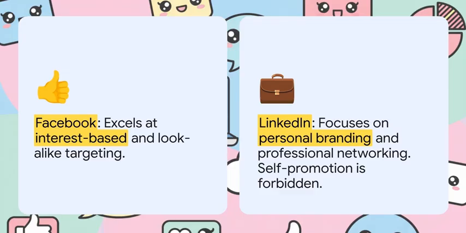And finally, you have to remember that each platform has its own special kind of intelligence. Facebook is an absolute beast when it comes to finding people based on their personal interests and building those lookalike audiences we talked about. LinkedIn, on the other hand, is built around your professional life, your job title, your industry. You have to pick the right platform for the kind of targeting you want to do.